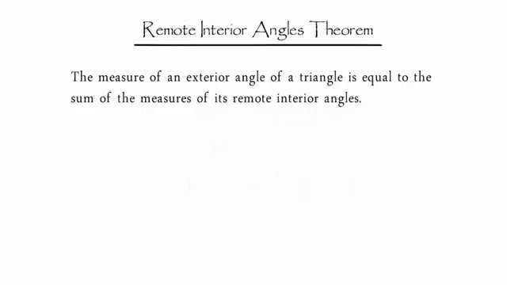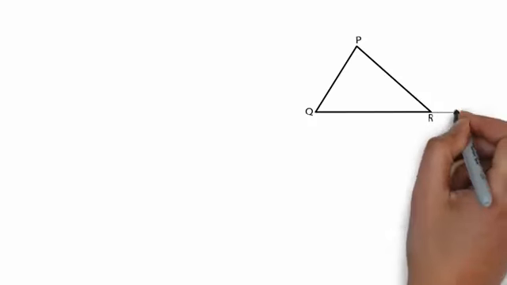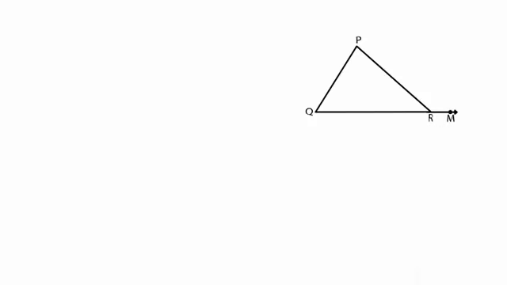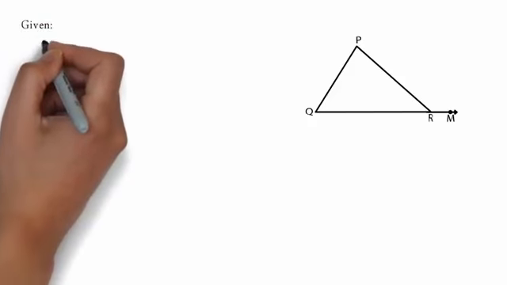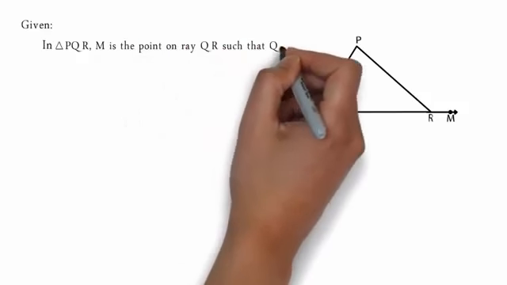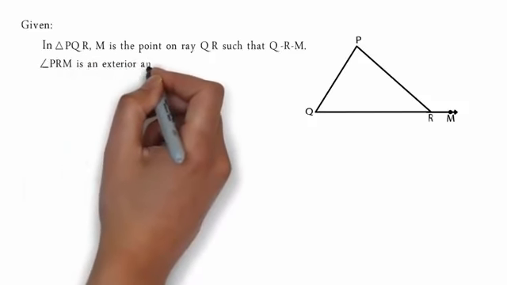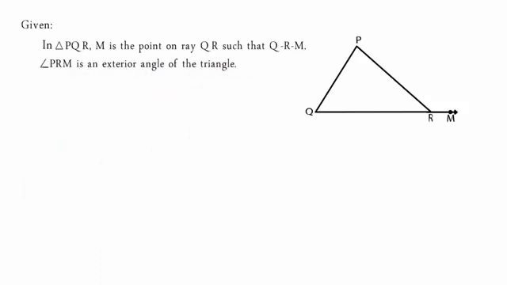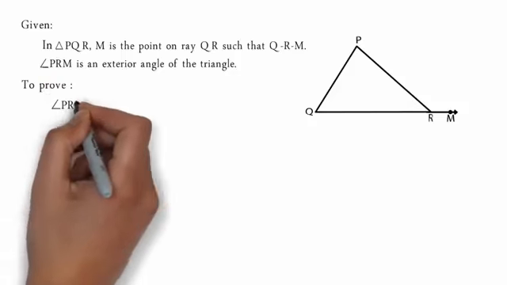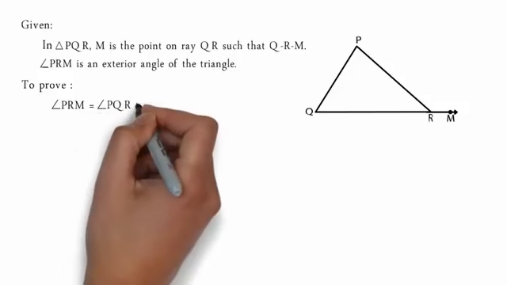interior angles. To prove this theorem, we are going to draw a triangle PQR. Now extend the side QR so that R lies between Q and M. Given in triangle PQR, M is the point on ray QR such that Q-R-M. Angle PRM is an exterior angle of the triangle. We are going to prove exterior angle PRM is equal to the sum of two interior angles, that is angle PQR